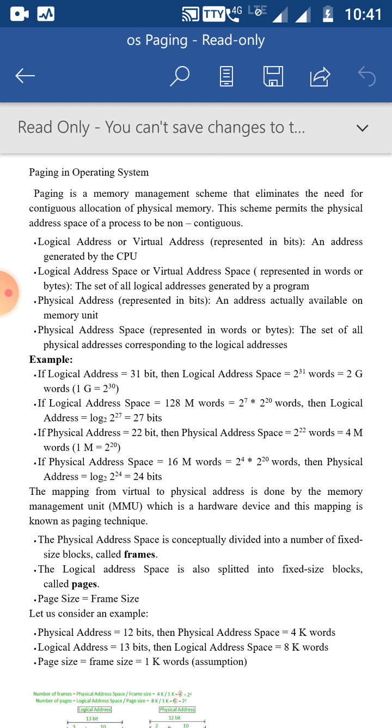So for your understanding, there are 500 bytes of user memory area. So how many partitions can be made? Yes, so 500 divided by 10, because the size of the partition is 10. So 500 divided by 10 gives 50. So the entire user memory area can be divided into 50 partitions and each partition is of size 10 bytes.